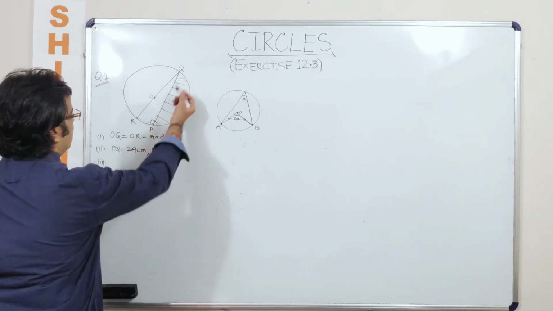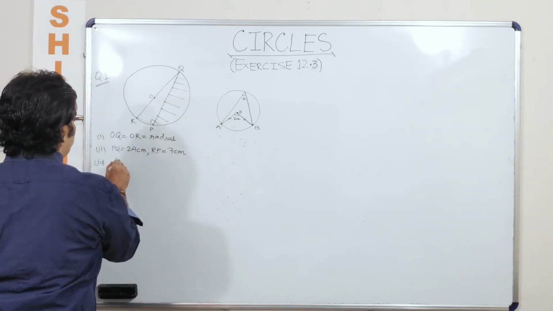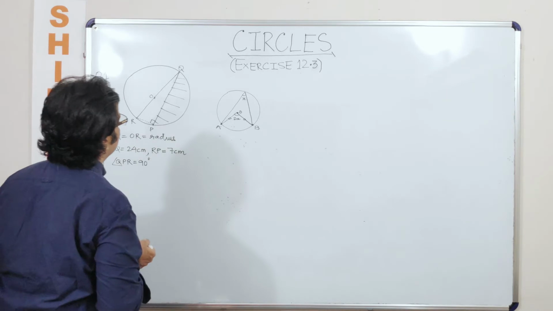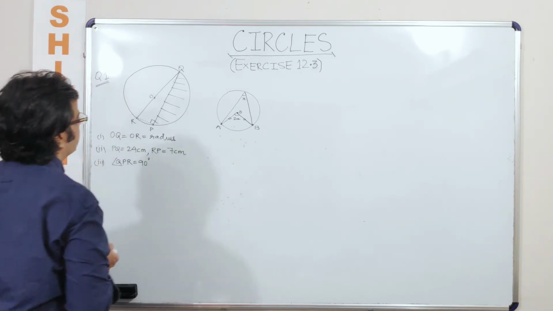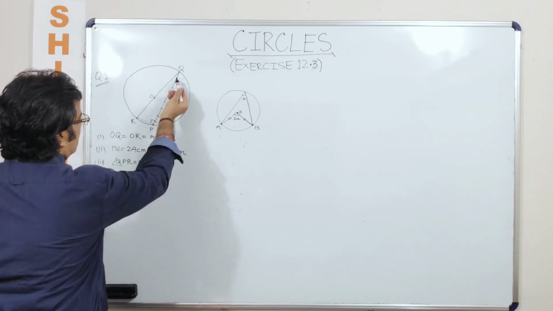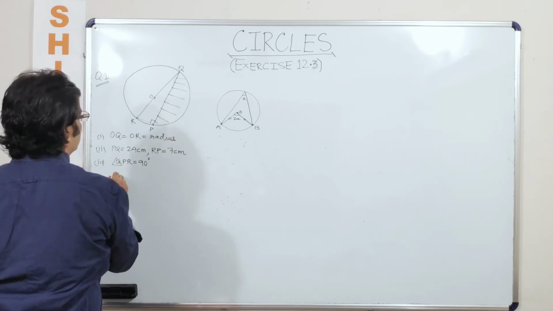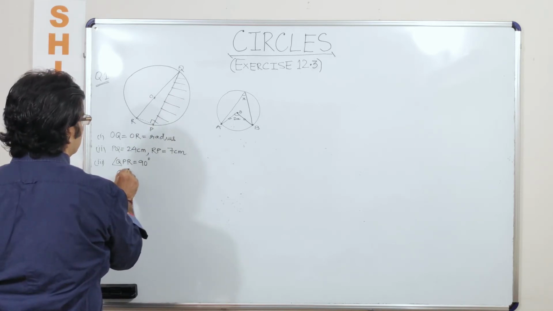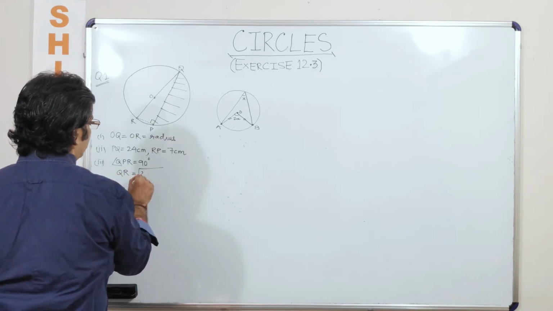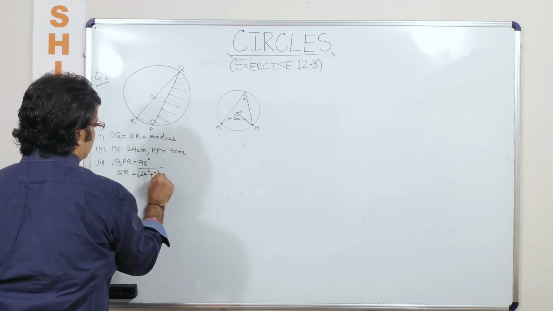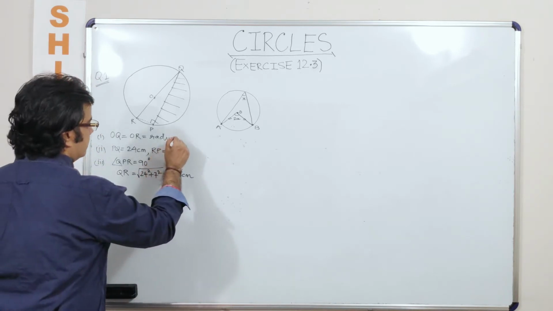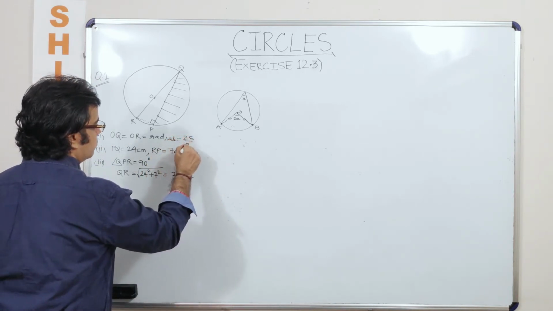Using this as a lemma, you will be able to say that angle QPR is equal to 90 degrees. Once you are able to make this as a 90 degrees, in that case you will be able to say, now what will you say? You will say that, you can use Pythagoras theorem here. So when you use the Pythagoras theorem, you will say QR square now becomes your hypotenuse, or you can say QR is equal to under root of 24 square plus 7 square, which is nothing but 25 centimeters. So once you are able to get this, you get the value of the radius, which is 25 by 2